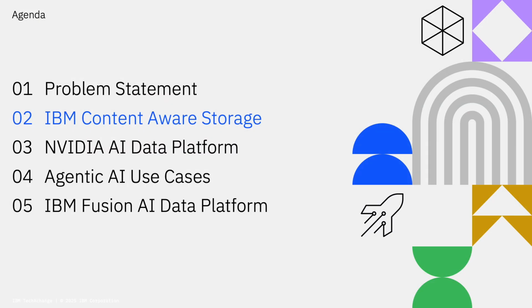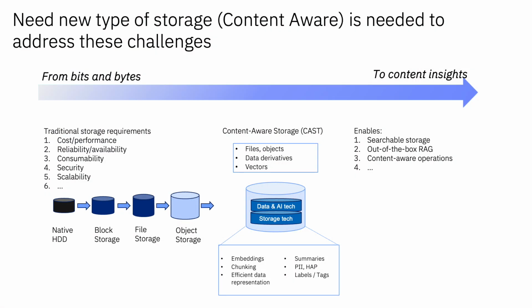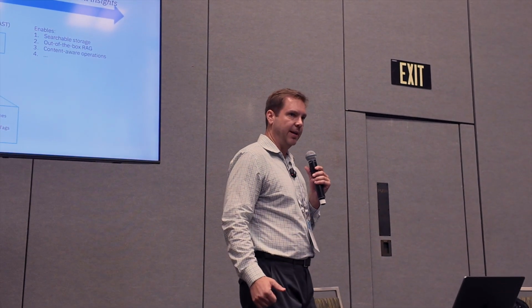And so that's the motivation behind content-aware storage. Historically with storage, there's a new protocol that comes out about every 10 years. We started with block storage, and then we had the need for file storage. And then object storage came about. With object storage, now you have the ability to have rich metadata associated with the original data, solving a new